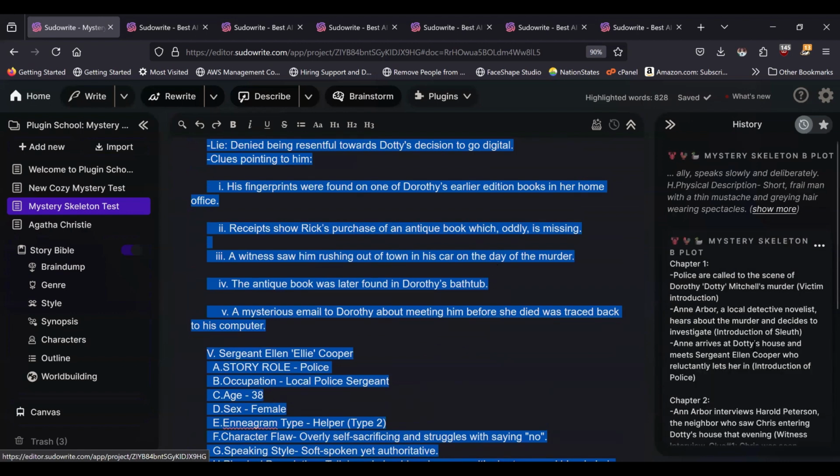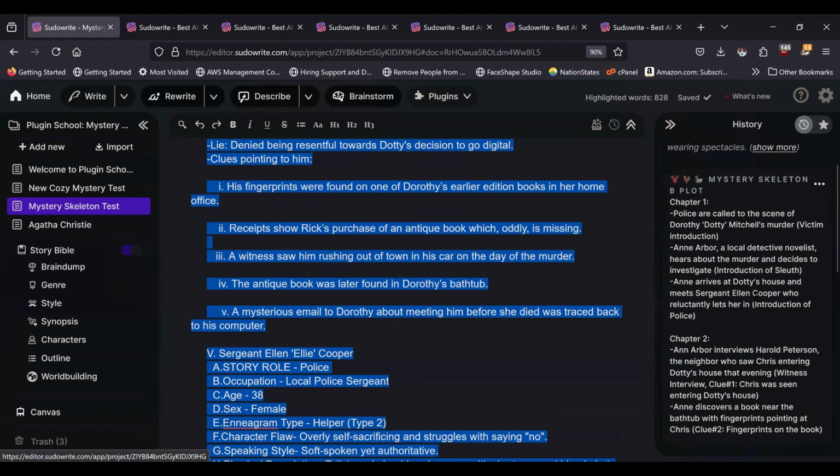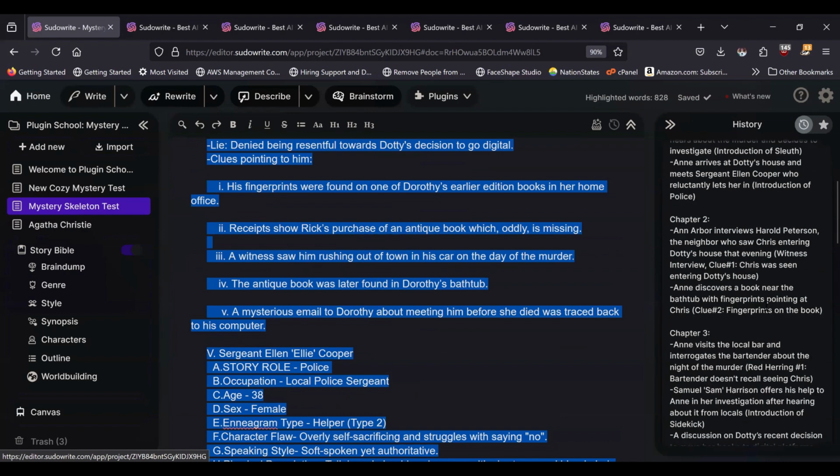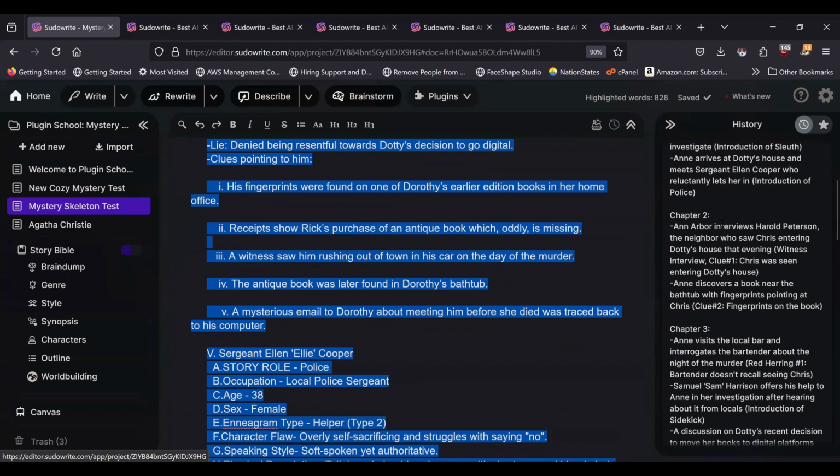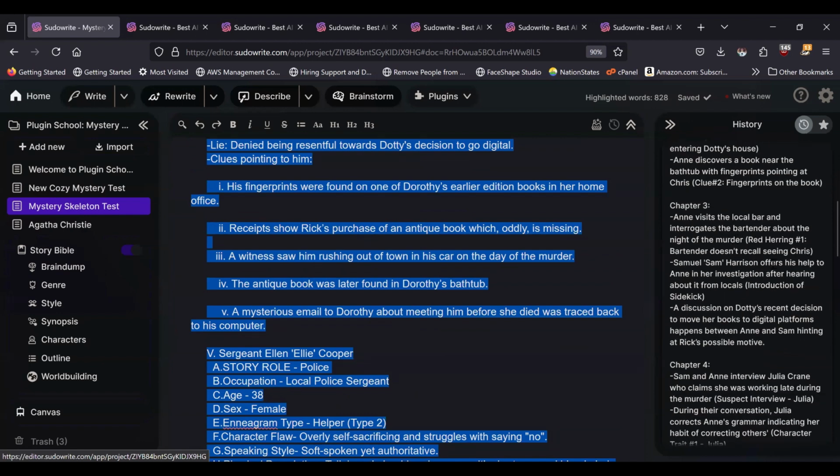All right, so chapter 1, police are called to the scene of Dorothy Dottie Mitchell's murder. It's the victim introduction. Ann Arbor, a local detective novelist, hears about the murder and decides to investigate. Introduction of sleuth. Anne arrives at Dottie's house and meets Sergeant Ellen Cooper, who reluctantly lets her in. Introduction of police. Then we go to chapter 2 and 3,